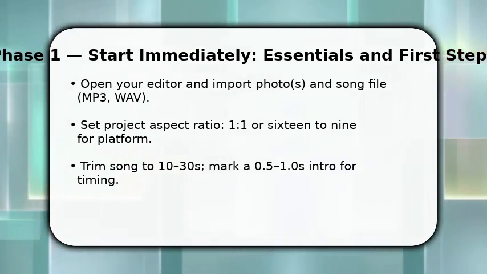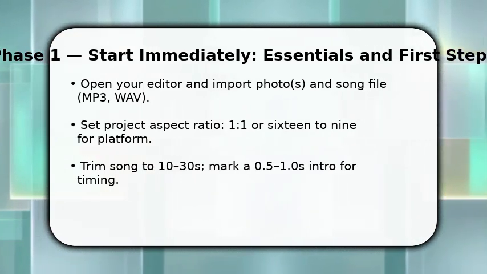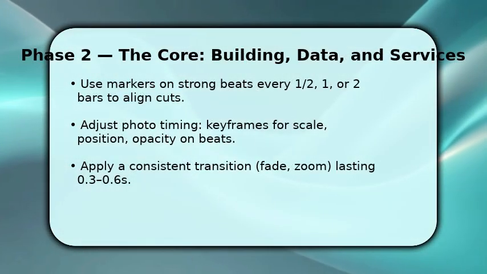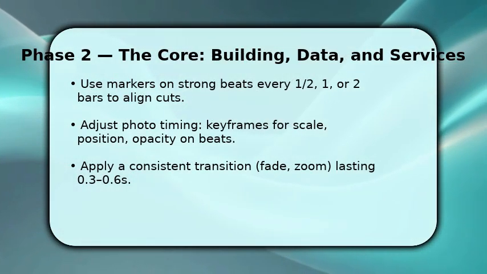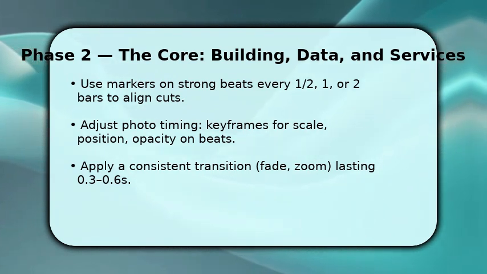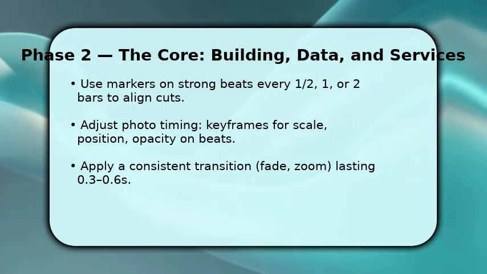Now you'll synchronize visuals with the marked beats. First, cut or split your photo layers where markers fall, then add keyframes for scale and position to create motion that hits the beat. Use short transitions, about 3 to 6/10 of a second, so the motion feels rhythmic rather